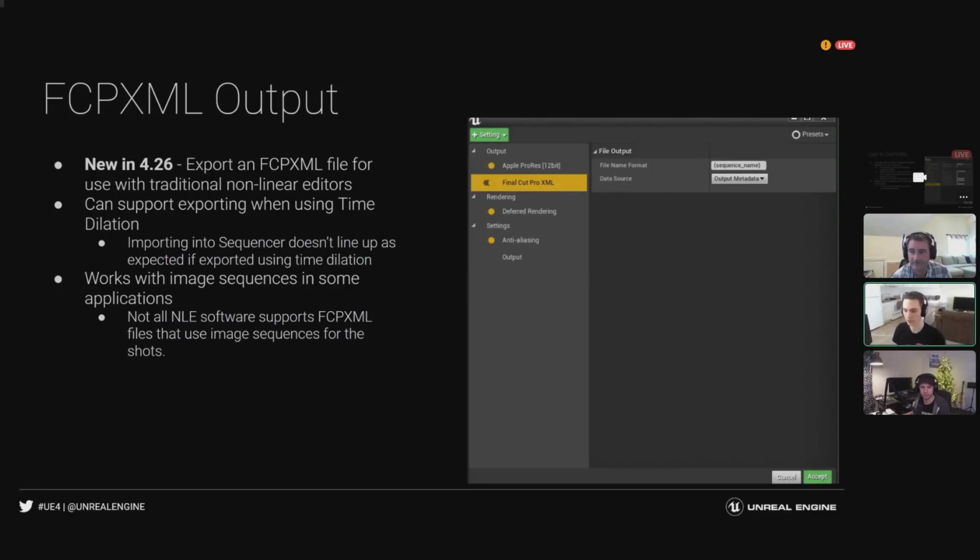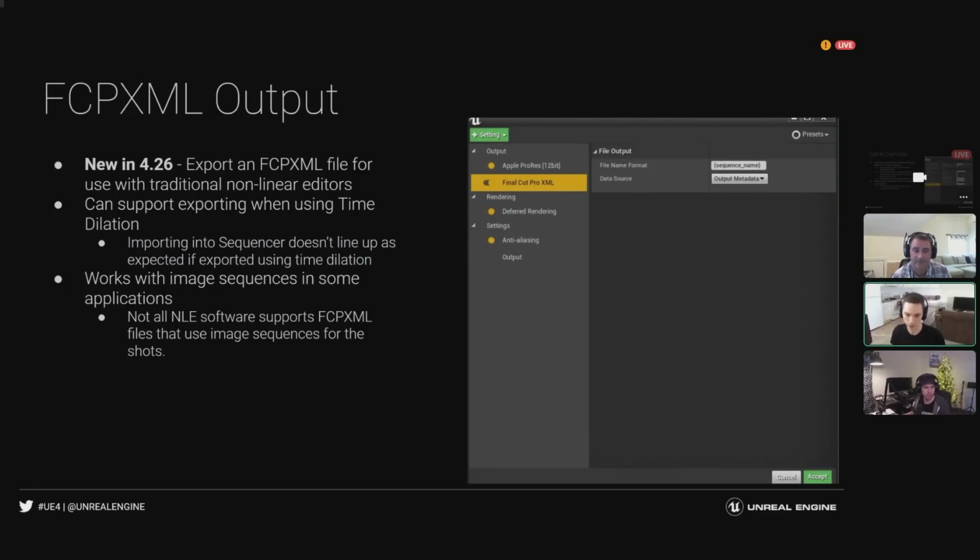One thing that we didn't talk about on the original output setting slide is the idea of handle frames. Handle frames are a way to automatically expand your shots by a specified number of frames. One of the reasons you might use this in combination with this XML is that you might render an extra half second before and after every shot.